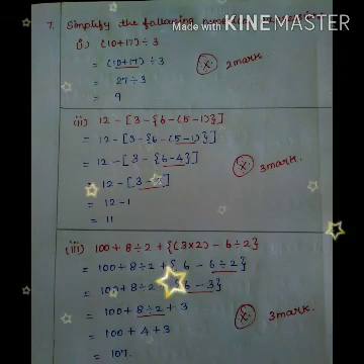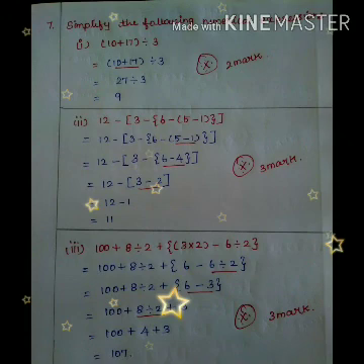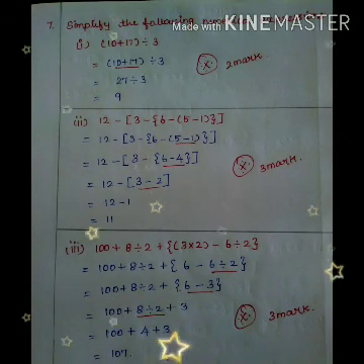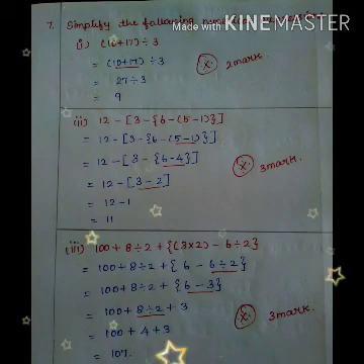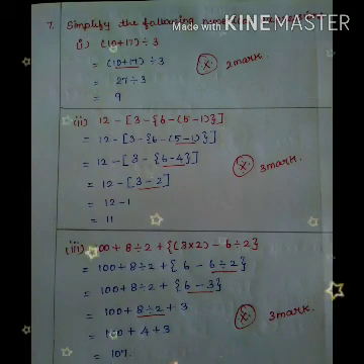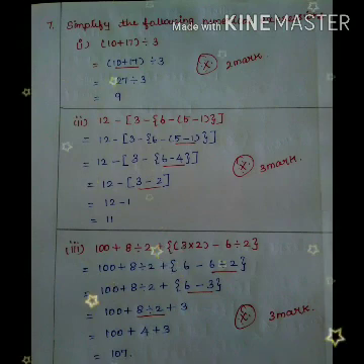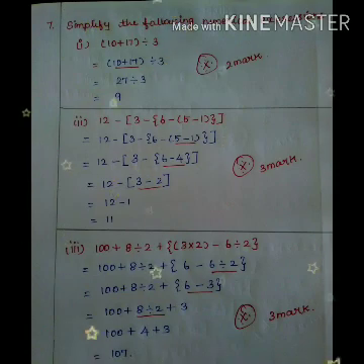Don't confuse the order of operations. First we want to do the bracket. If any other bracket is there, first we want to complete the bracket only. Next we start with division, multiplication, addition, and then finally subtraction. Okay?